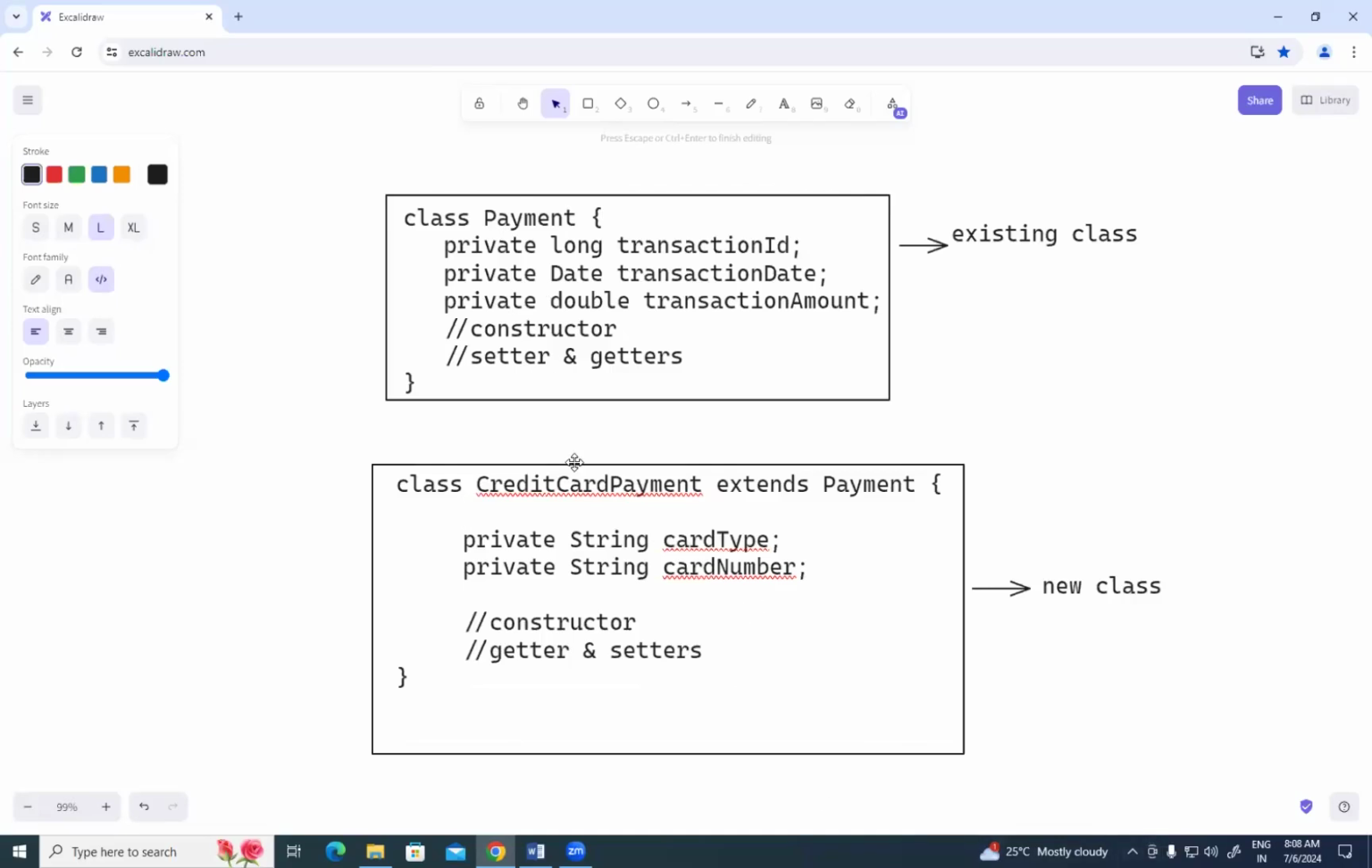Each class can have a constructor. Constructor cannot be inherited because constructor name and class name are the same, so this class name is different. And there are two variables called card type and card number. Extra variables are there. For these two extra variables, I need setter and getter methods also. In this credit card payment class, how many setter getter methods am I defining? 4. But 6 methods I'm getting from